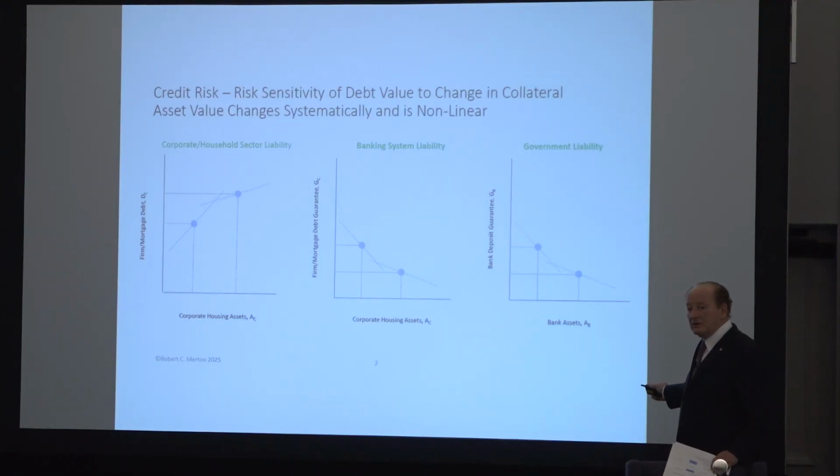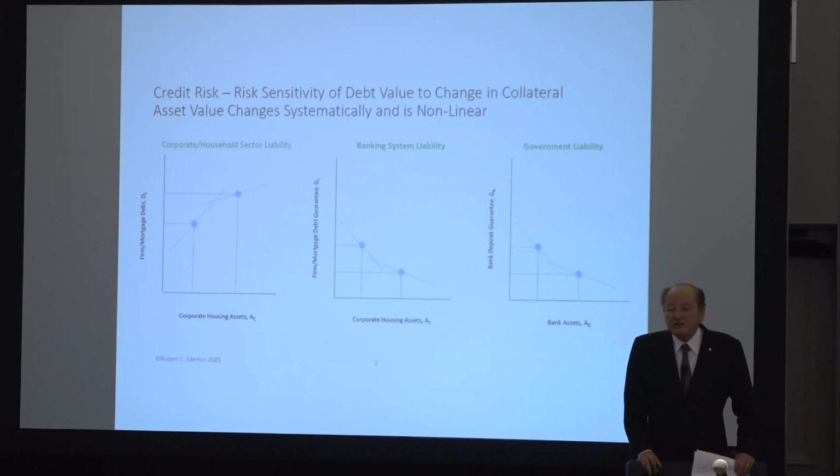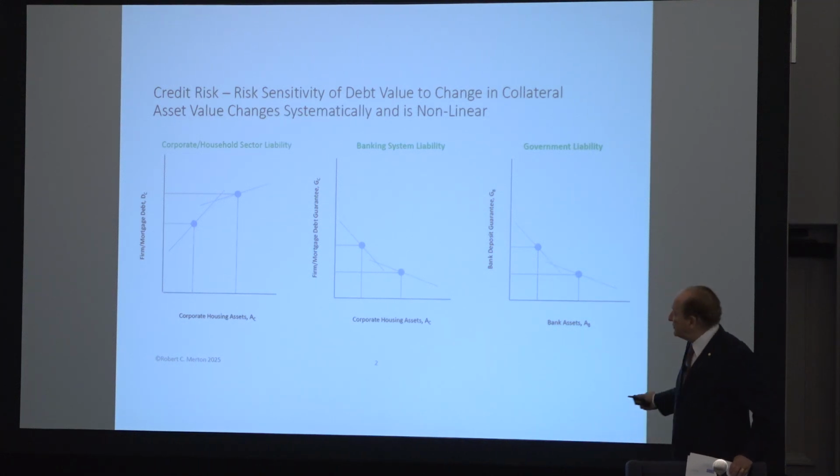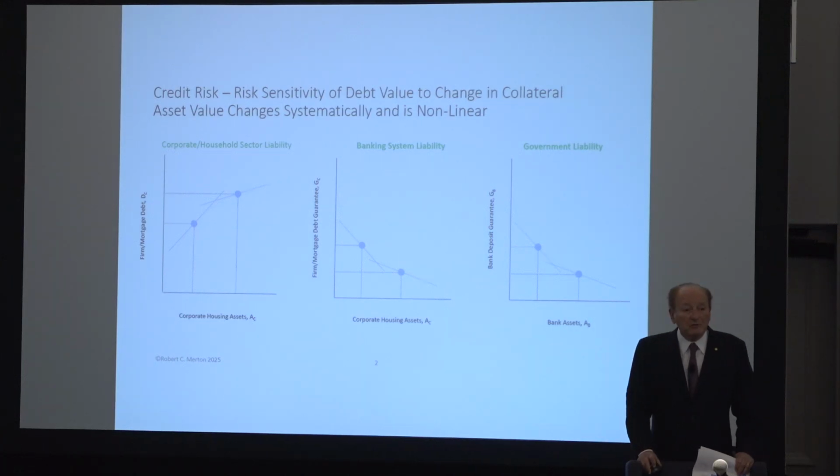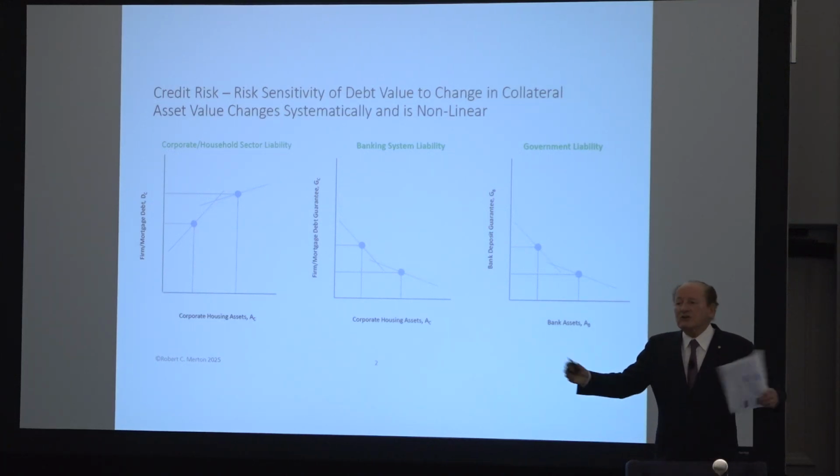So you start here. What if the assets fall? Well, the price of the guarantee goes up, the price of the bond goes down, because it's minus a guarantee. The bond holder is guaranteeing it, all right, or the government. But what else do you see that's not so obvious? It's not just that the price goes down, but what happens when you roll the dice again on the value of the assets? Instead of moving by 1 cent for a $1 move, it can move by 5 cents for a $1 move.